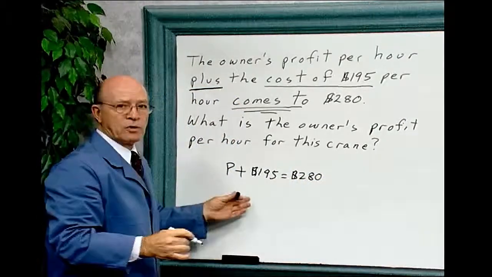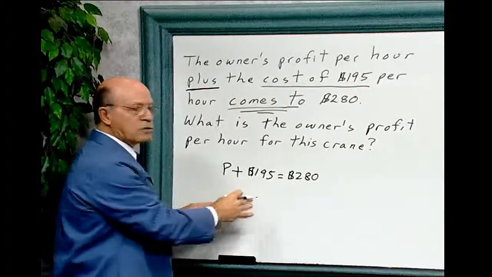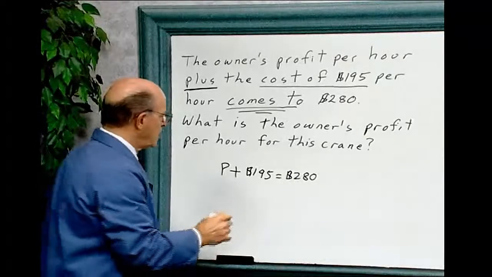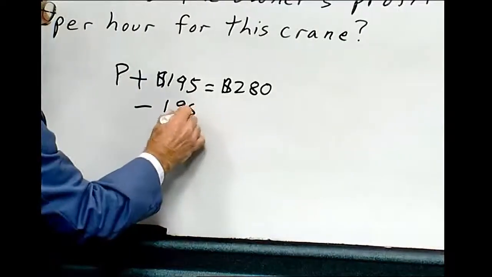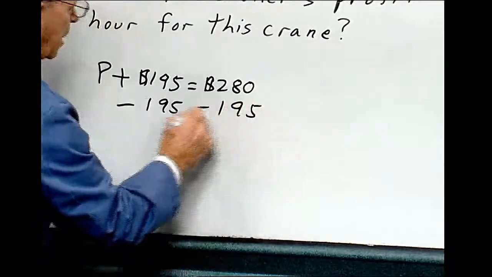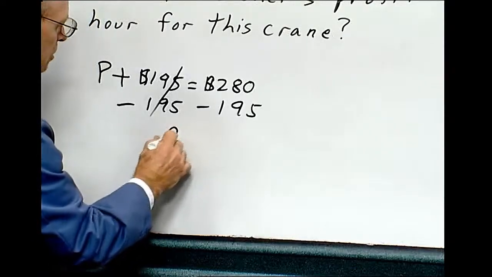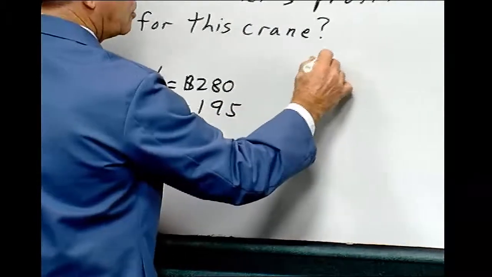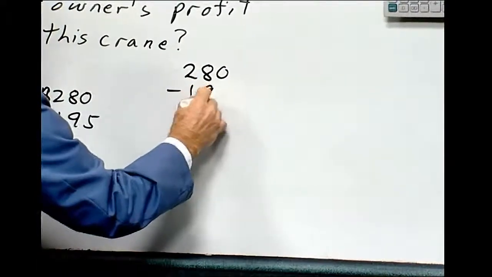And so now all we have to do is the math, and remember what you do on one side of the equation, you have to do on the other side of the equation. So we're going to deduct $195 from this side and deduct $195 from this side. This will cancel this. And so P equals, let's do the math over here, 280 minus 195,